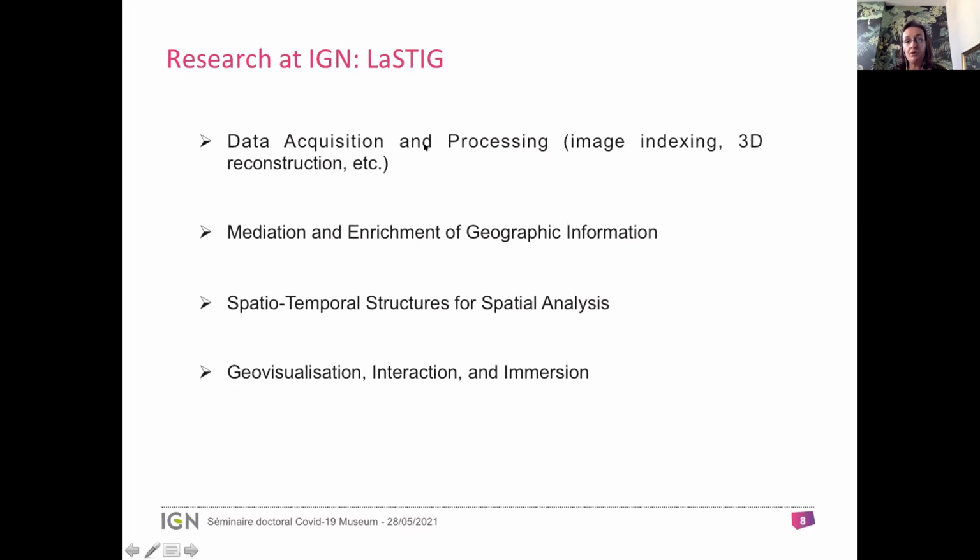And I will focus more on the first group where I am, and more precisely on image indexing and retrieval, because you see that we have at our disposal a lot of very heterogeneous, very large data sets of contents. And I work more precisely on solutions to index them, to browse them, to restitute them easily to the user. And I focus on this topic because I think it is the most relevant for the